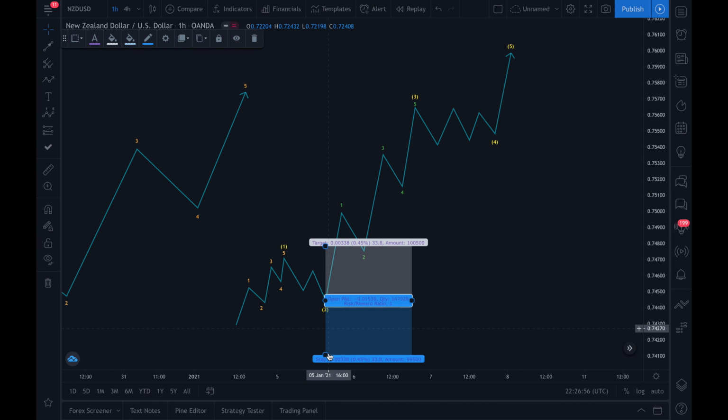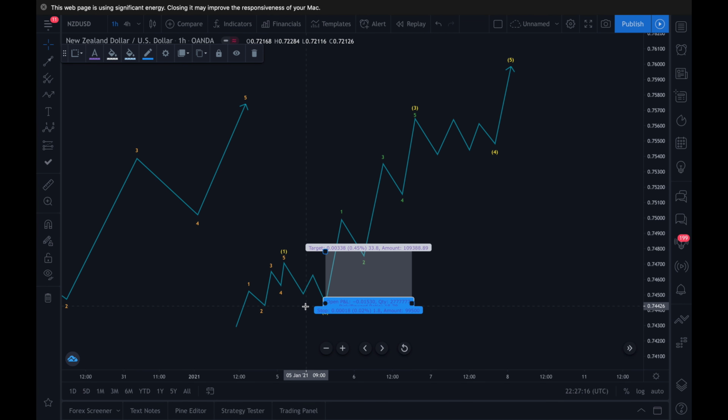This is where we'd enter. Many traders who don't know institutional concepts would put their stops below structure or here. However, with our institutional perspective, we're able to get our stops to at least 1 pip, even smaller than 1